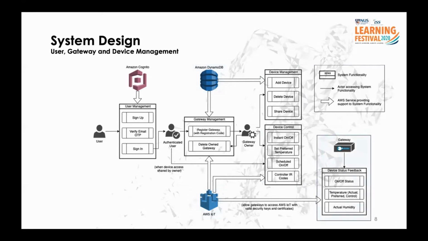The Raspberry Pi 3, acting as the gateway, needs to publish and subscribe MQTT messages to and from AWS. To establish a secure connection to AWS IoT Core, the gateway needs to be provided with the Amazon CA certificate, the client private key, and the client certificate pre-generated by AWS.